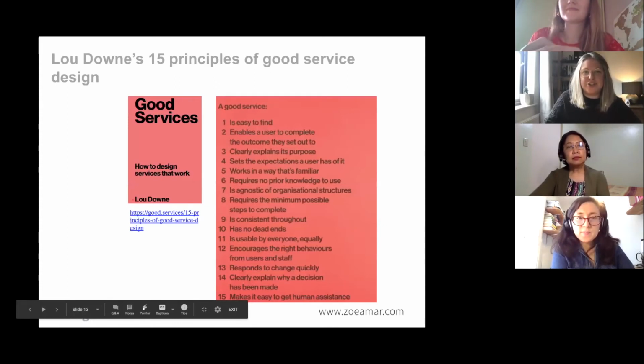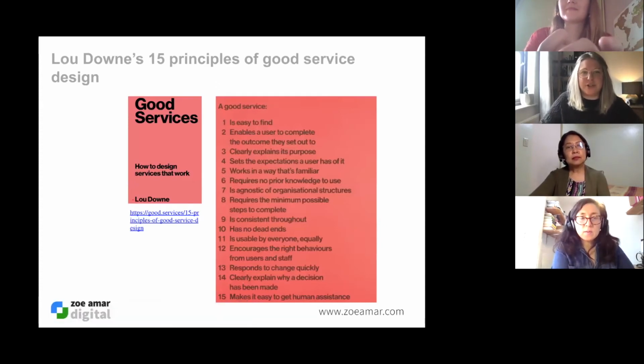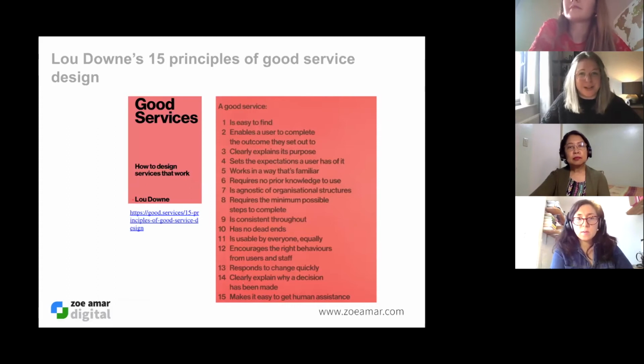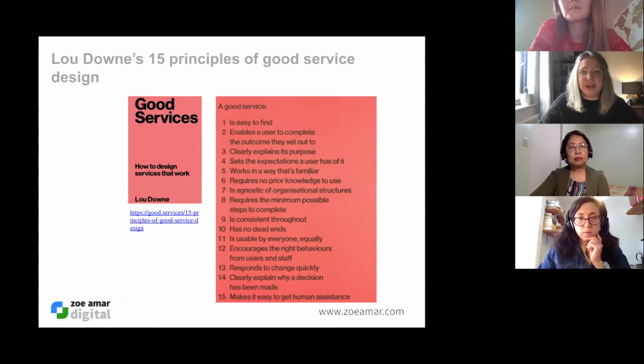So I'm just going to introduce you to Lou Down's Good Service Design book. Lou Down is Director of Design for Land Planning in the UK government. It sounds very boring, but previously was the Director of UK Gov, and has made this list of 15 principles of good service design. They're outlined on the linked website I've put on this page, and are also in more detail in the book. If you want to have a quick scan through these 15 principles, it's quite self-explanatory from the headings what they mean.